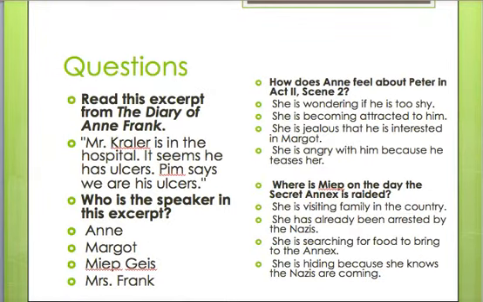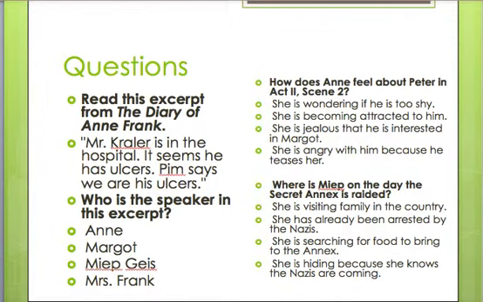And a few more questions that will be on your quiz. So you read this excerpt from the Diary of Anne Frank. Mr. Crawler is in the hospital. It seems he has ulcers. Pym says we are his ulcers. Who is the speaker in this excerpt? Is it Anne, Margot, Miep, or Mrs. Frank? Yeah, it's Anne who's saying that